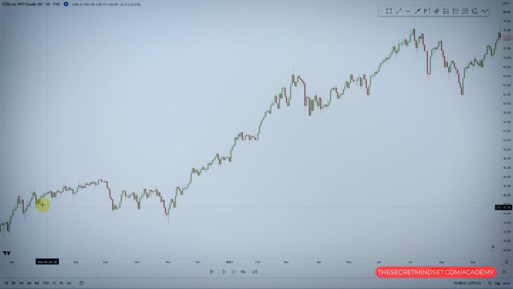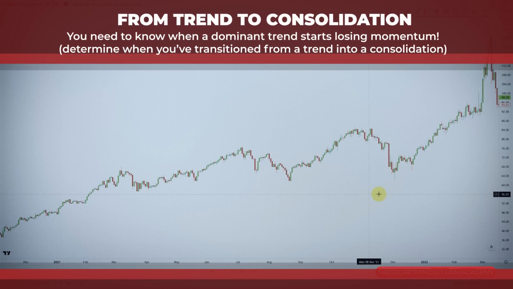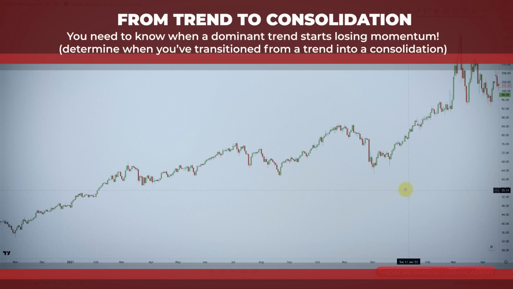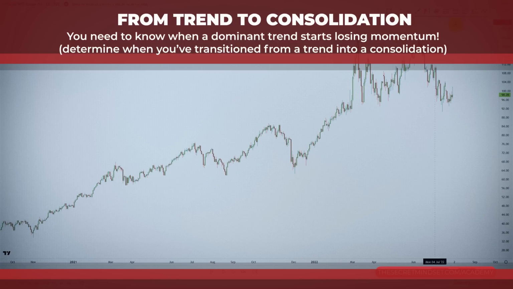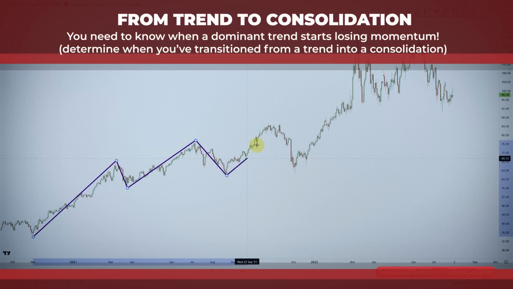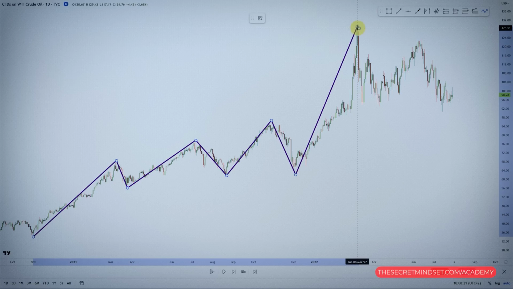Markets don't always trend, and will come to the point in the market structure where the dominant trend starts losing momentum. While you are in an uptrend, reading the market structure is straightforward, but you must determine when you've transitioned from a trend into a consolidation. Here's my method. Let's consider an uptrend